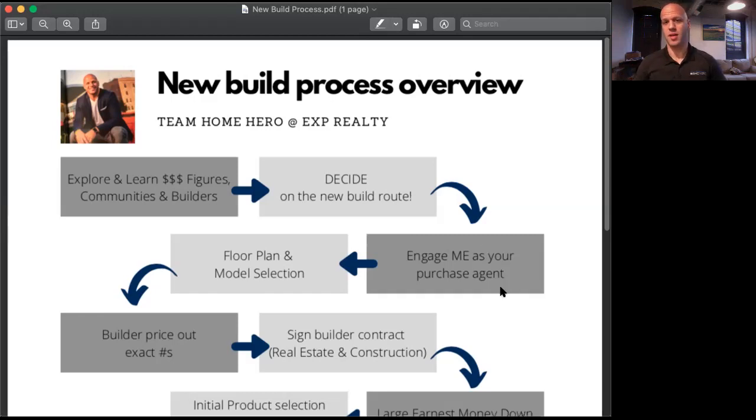So once we have that going on, you've done a bunch of your preliminary research and you looked at the different communities. From there, it all starts with a plan. So you take a floor plan that's on a set of, I call it blueprints, but they're not blue. It's basically just a large architectural drawing of the plan of the house that we're going to go with. And then from there, that floor plan also has a model selection that usually goes with it,